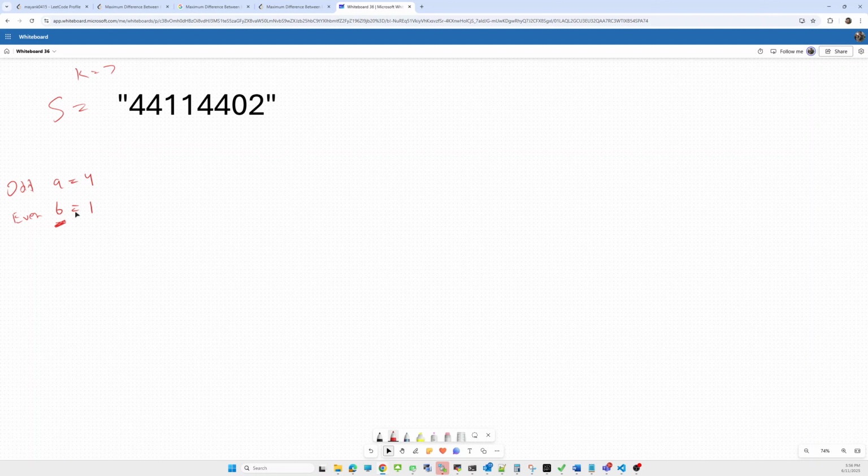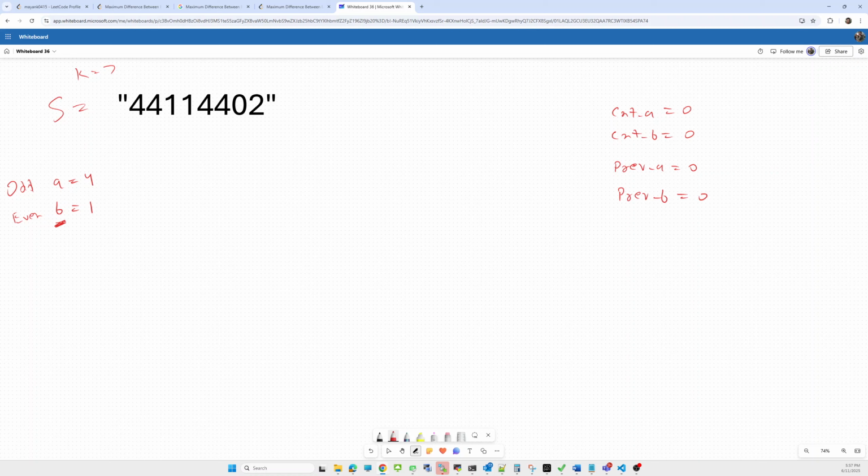Now to store the frequency, we'll have count of A, which is initially 0, and count of B, which is initially 0, and for getting the previous information we'll use previous frequency of A, which is initially 0, and previous frequency of B, which is also 0.